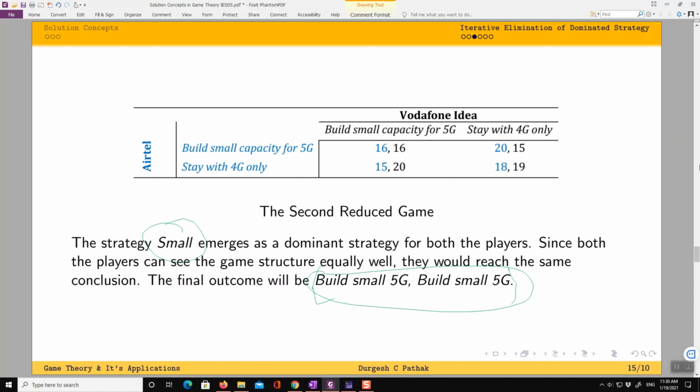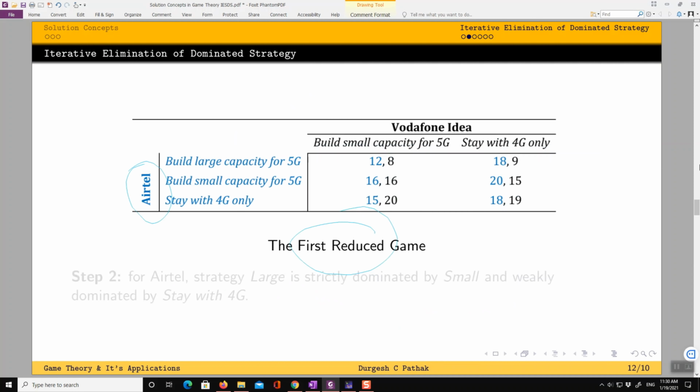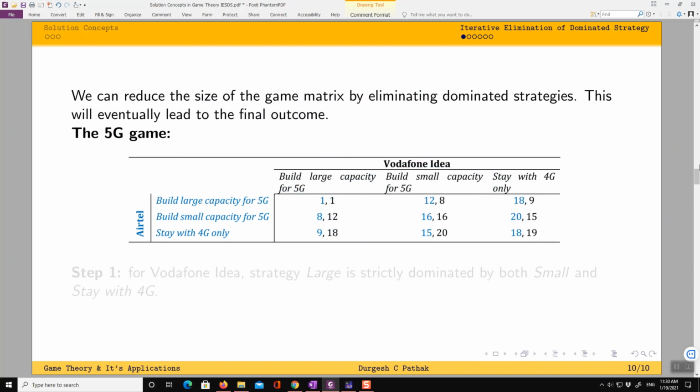So this should illustrate to you that when we are faced with a huge game like this, where we don't find any dominant strategy for any player, we should not lose hope. Look for dominated strategies, and any rational player will not be playing any strictly dominated strategy in the equilibrium. So we can safely remove that, and ultimately we may arrive at a dominant strategy, and we know that this is the equilibrium strategy.